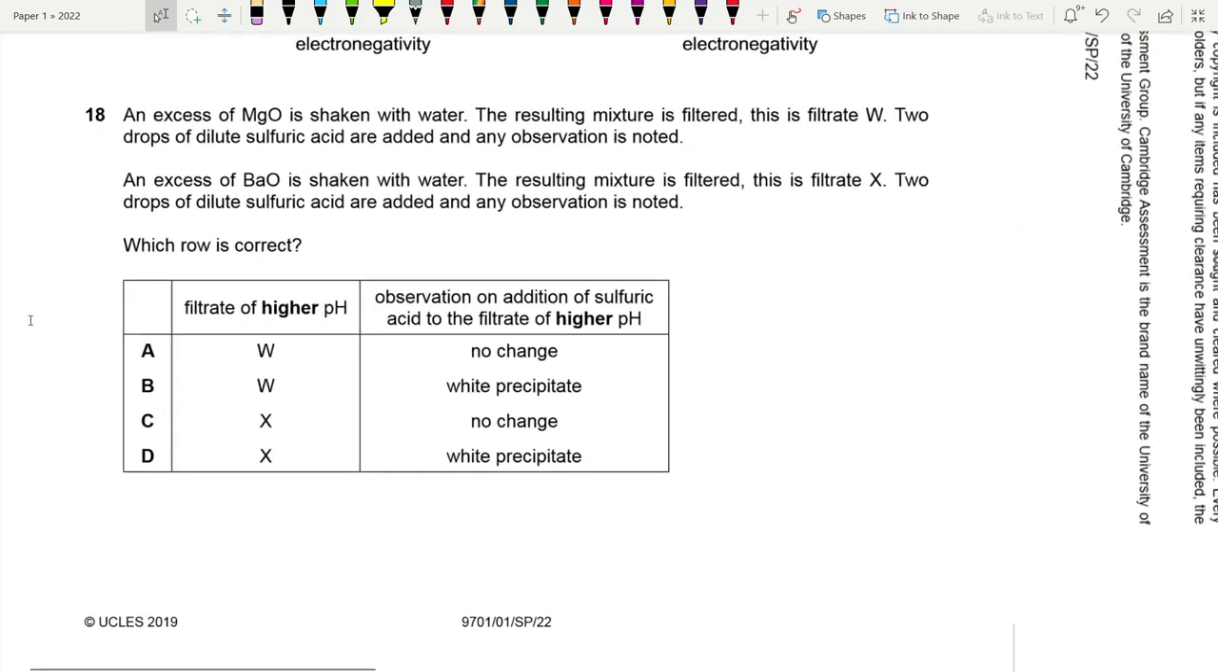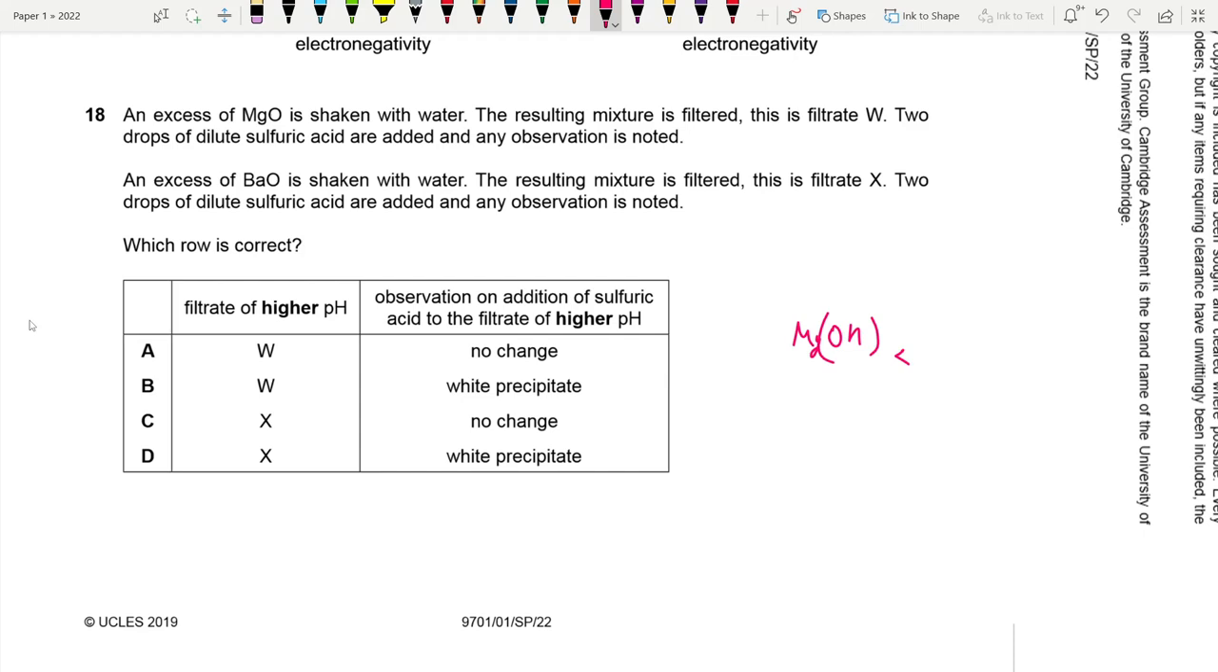Now for 18. An excess of magnesium oxide is shaken with water. The resulting mixture is filtered. This is filtrate W. 2 drops of dilute sulfuric acid are added and any observation is noted. Okay. So after MgO is shaken with water, we're going to get magnesium hydroxide, which is actually insoluble. Do you get it? It's insoluble. So after it's filtered,